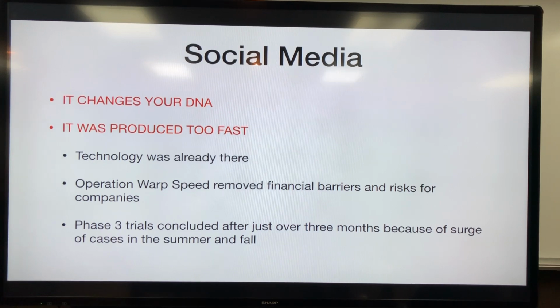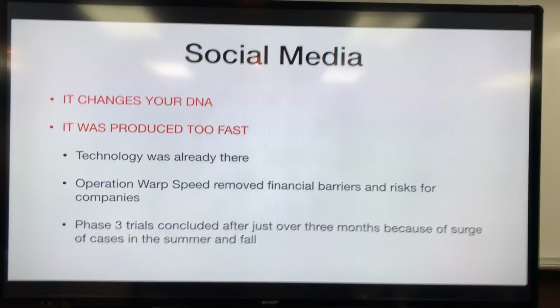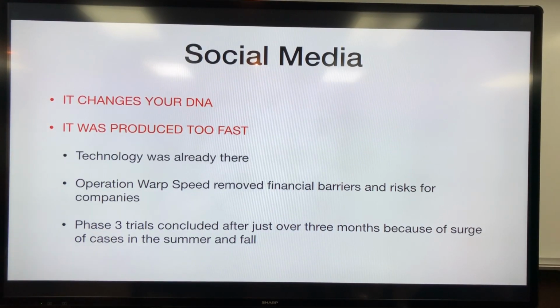This time, the money's there because that brings up the second one, that Operation Warp Speed removed a lot of the financial barriers for these companies. And then last, it was actually thought by scientists in the know, from my reading, that they didn't think these studies would show efficacy until the spring of 2021. The reason it got there a little quicker is what happened this past fall across the country, this spike of cases. More and more and more cases, and the same applied to these studies. So the statisticians could see separation quicker. So it became statistically significant earlier. So a bad thing, which is the increased rate of infection, resulted in a good thing. The results were able to be reported earlier.